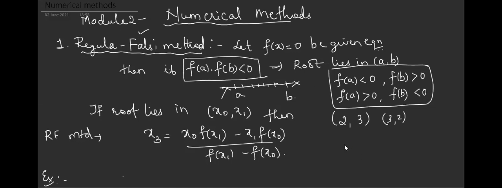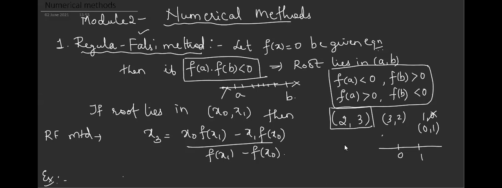When I write an interval, is it necessary that I write 2 comma 3 only, or will 3 comma 2 also do? We have to compulsorily write the lowest number first and then the highest number. When you mention the interval, this is a real line. So if I am writing 0 comma 1, I have to write 0 comma 1 only in the bracket. That is my interval. If I write 1 comma 0, this is wrong, isn't it?